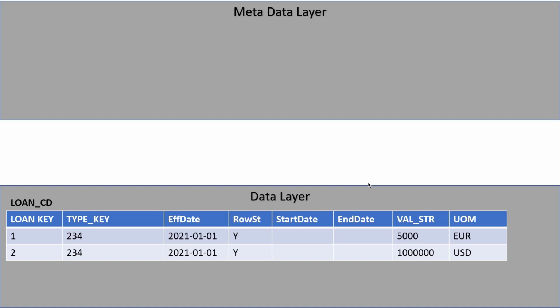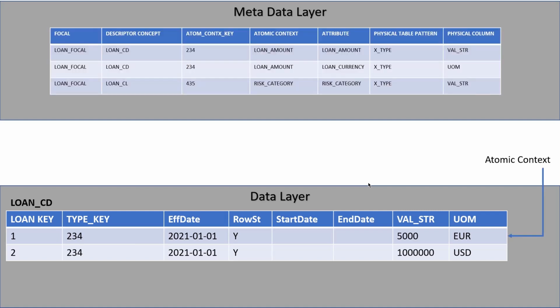We can see that it has an atomic context in it, but to understand it, we need to go into the metadata layer. Normally we have a view written on the metadata layer semantic model where we can do the join and see what this data means that resides in the data layer,